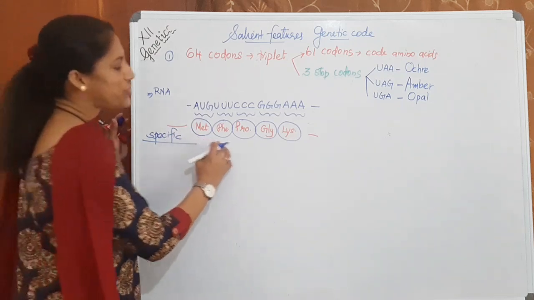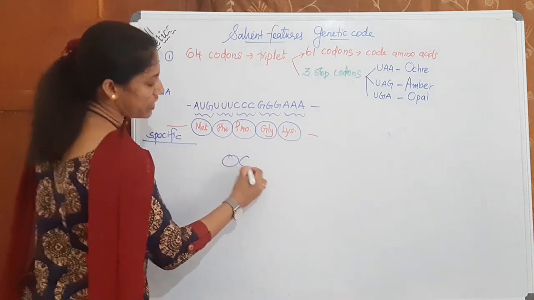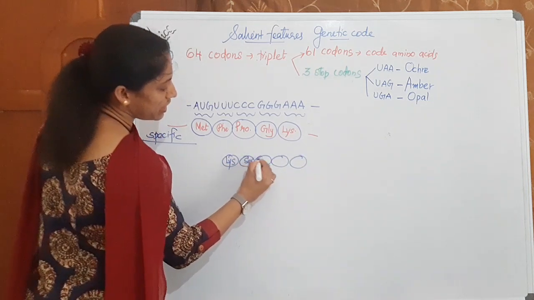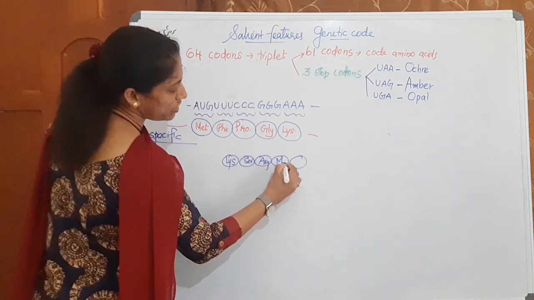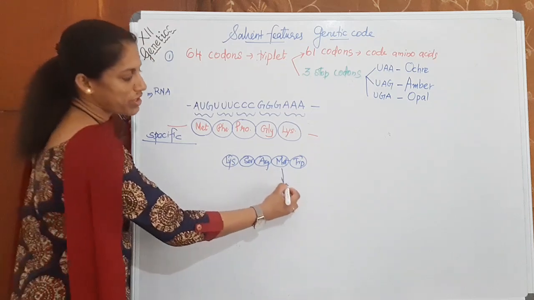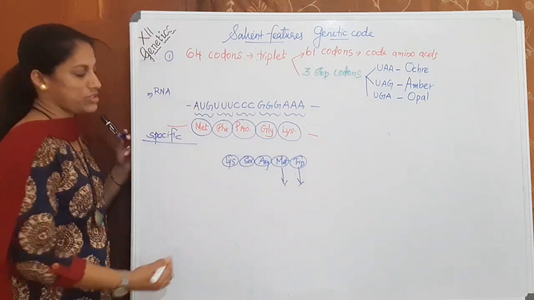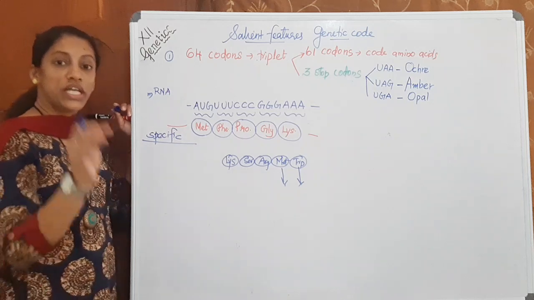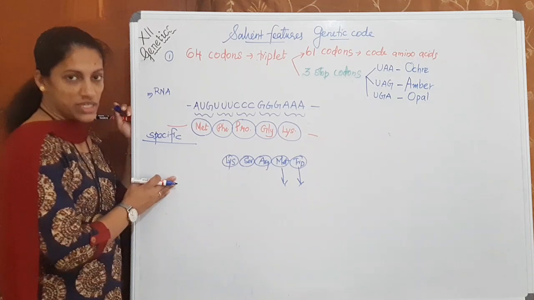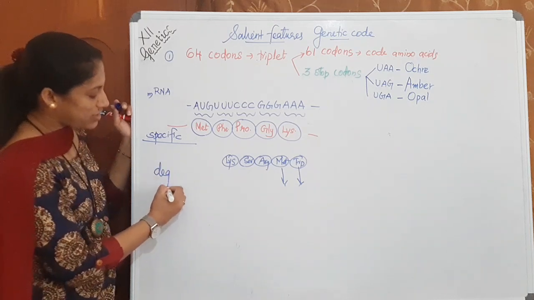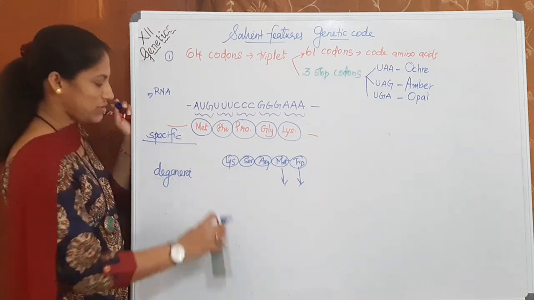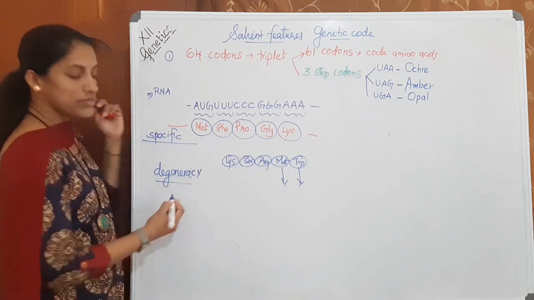Whereas, if the amino acid chain is given, next question. The amino acids are lysine, serine, arginine, methionine, tryptophan. These two you may be able to write because only one codon is there. The others, how do you write? It is impossible for you to write the triplet sequences here, because which property is revealed there? The code is degenerate, degeneracy of the code. Okay, now we can write.